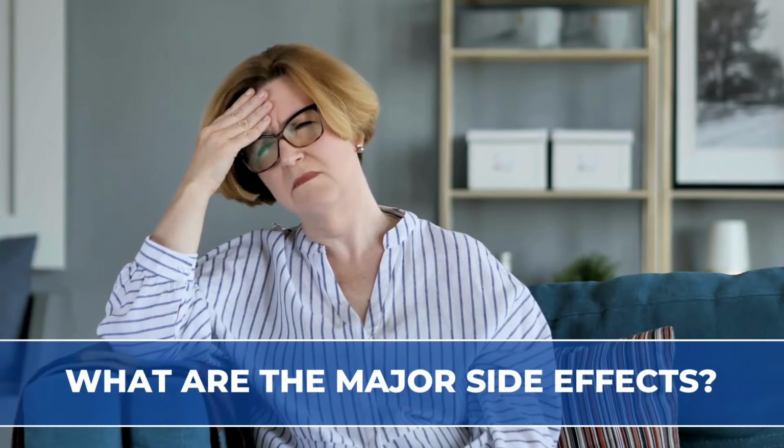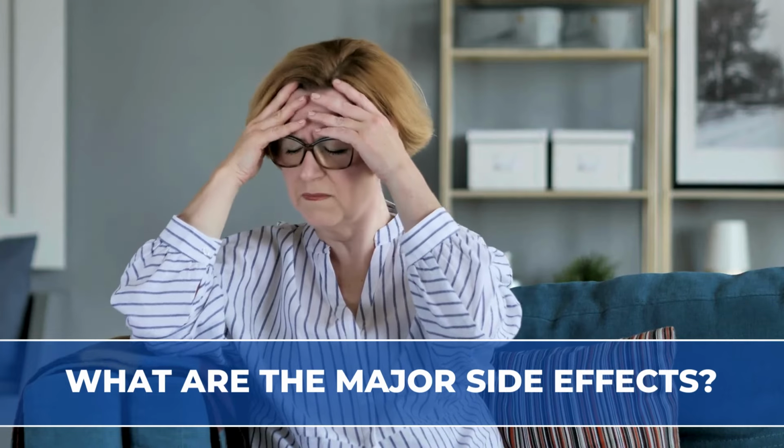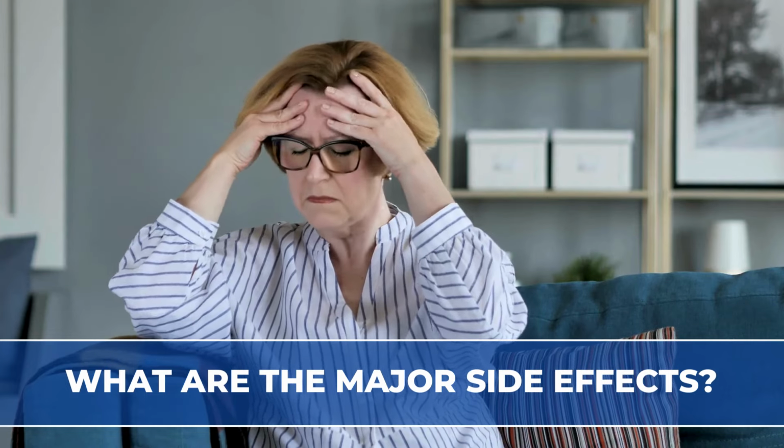What are the major side effects of JAK inhibitors? While JAK inhibitors come with great benefits, they may also pose some serious side effects. The most common side effects are